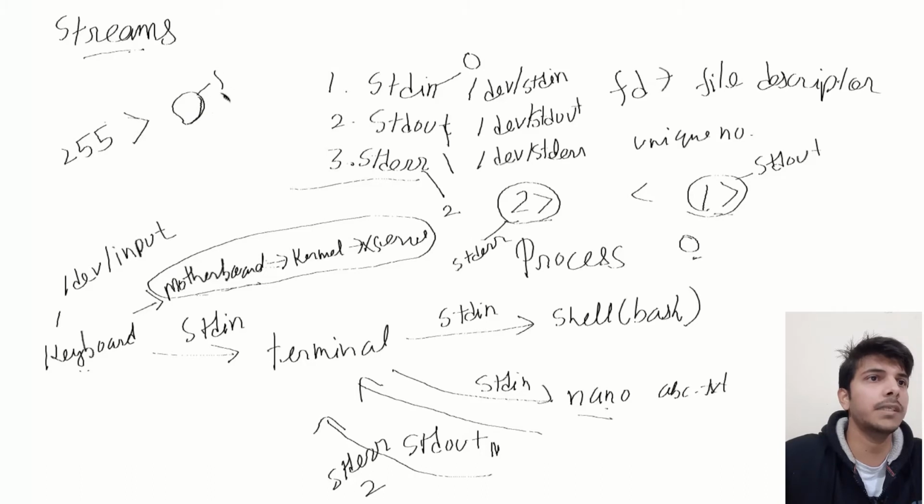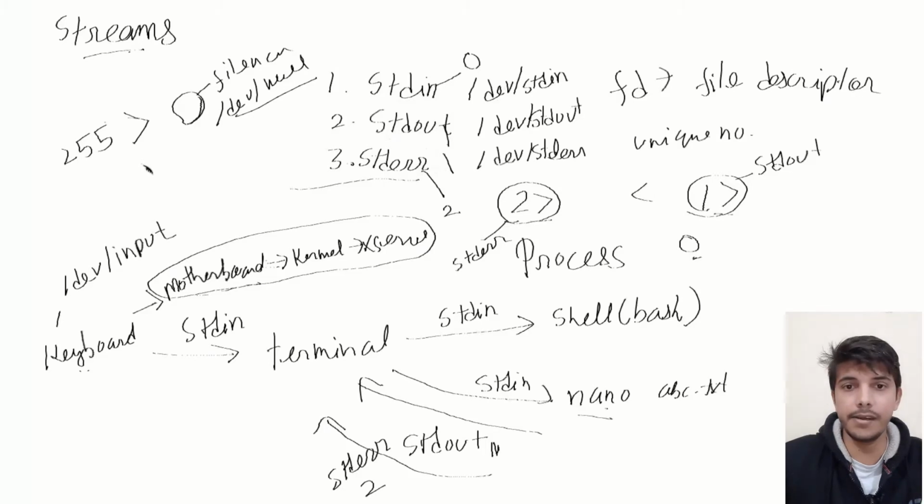For example, you can specify a file name here, or let's say /dev/null, so the output will go to this location. I'll explain it with an example soon. So it's not like you can only override these streams, or I can say these file descriptors. You can override any file descriptors and their default nature, but most of the time we only care about these three streams.